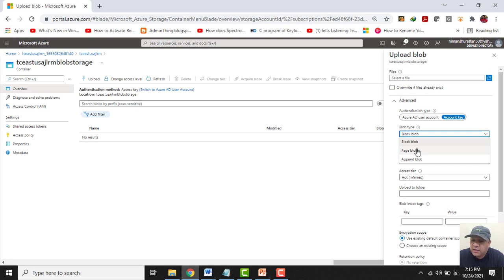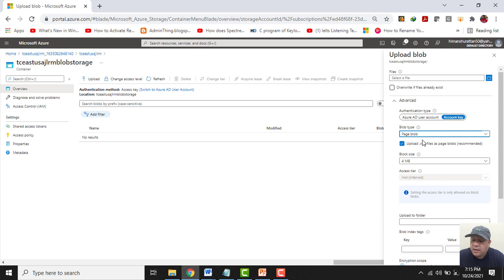If I select page blob, then the type of files that I can upload in this container will be VHD files. And if I select append blob, generally this option is used when we store log files that are supposed to be appended only. In that case we use append blob.